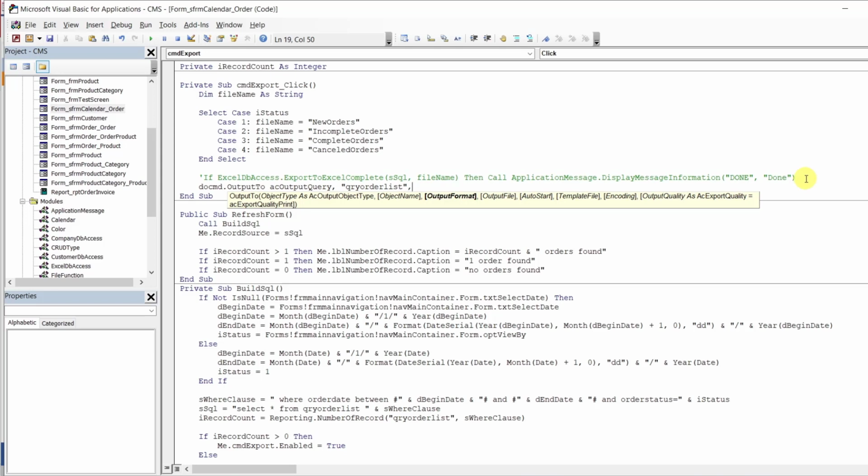And then output format is the AC, let's see, format Excel XLS. I think that's how it works. And then we'll put a file path there, which is the application current project path,